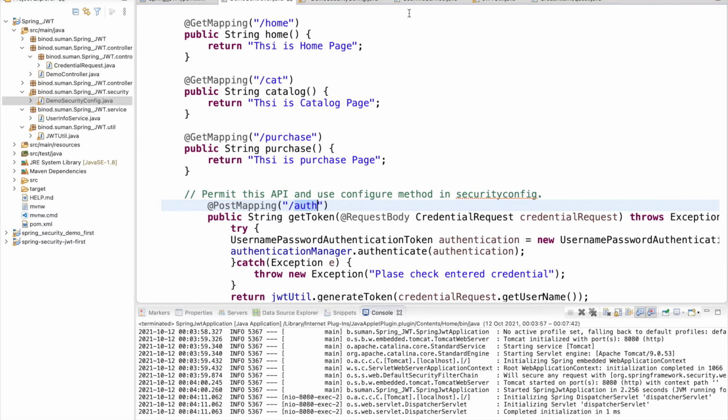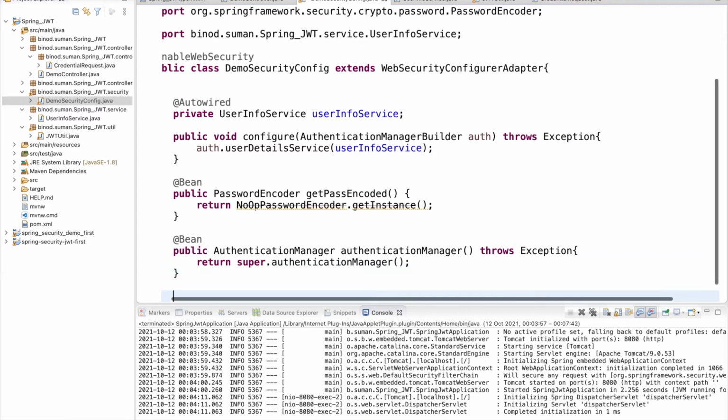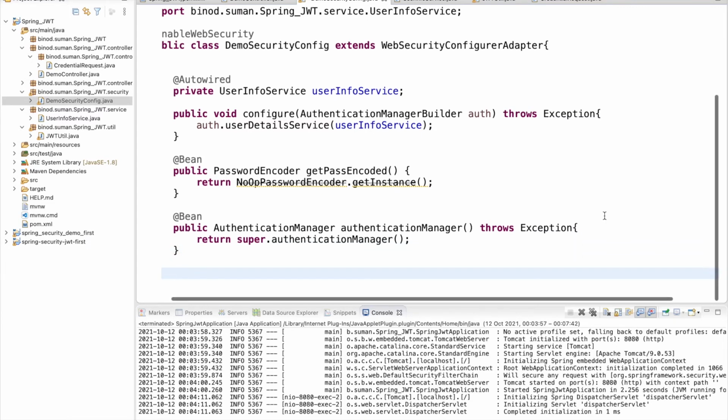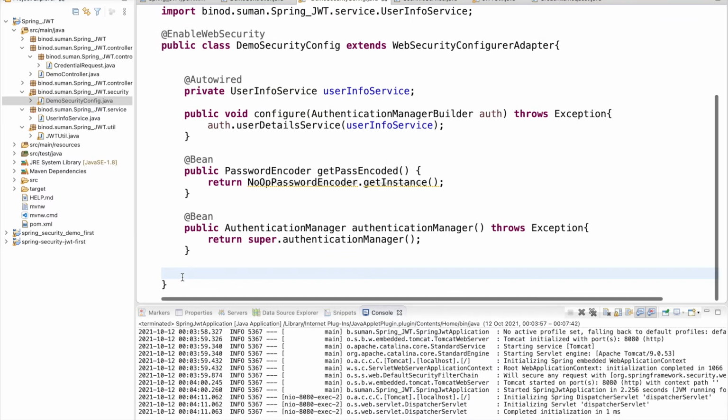So what you have to do, go to the config here, right? And in my previous video I have explained how you set the authorization part, right? So you have to use the same thing here, and I'm just copy pasting in the interest of time.